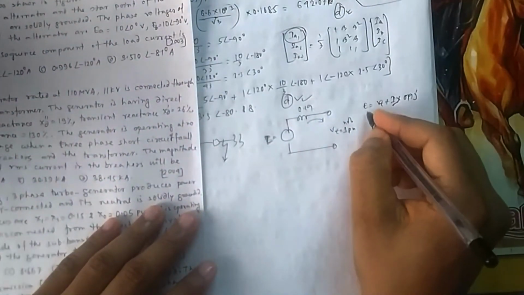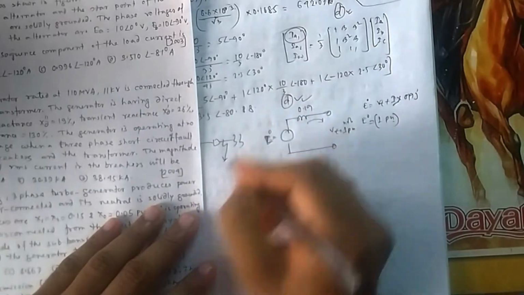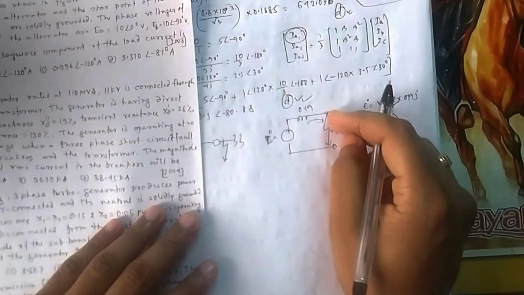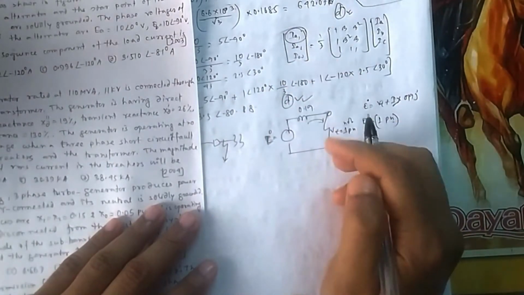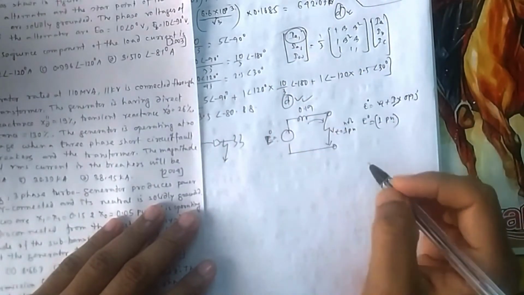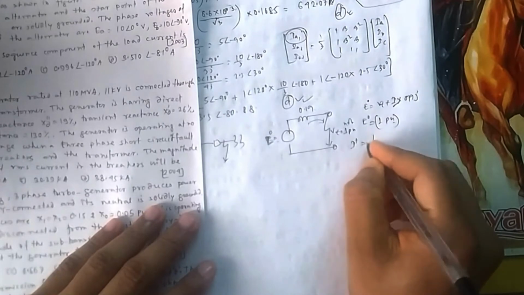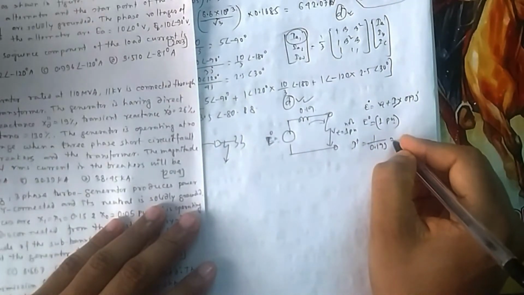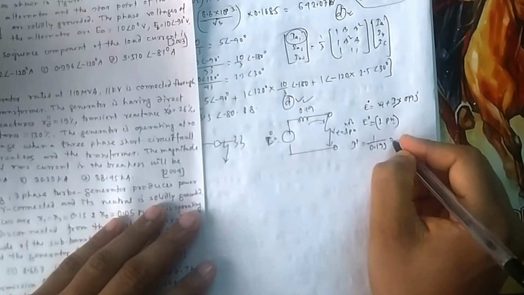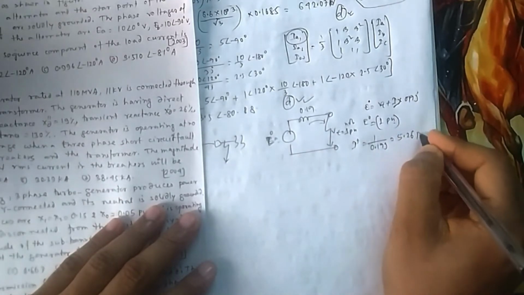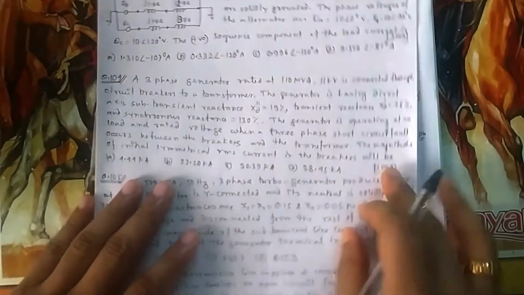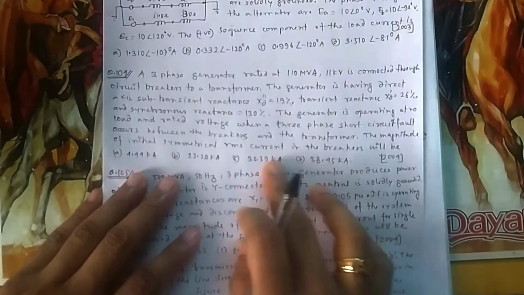So it is pre-fault, this is E naught, that is pre-fault voltage, before fault. Now suddenly if you switch it on, suppose there is a switch and you are switching it on, so the fault current will be now 1 divided by 0.19 j. So that is equal to 5.26 per unit, and now you have to multiply it with the base current to get the magnitude of the initial RMS current of the breaker.